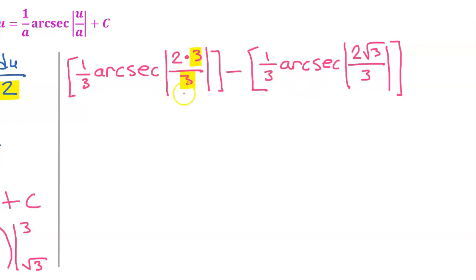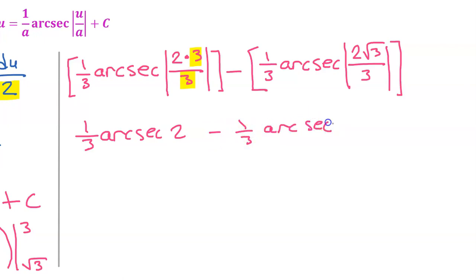So let's keep going. Notice that we have 3 over 3. So these will certainly cancel each other out. So from that, we have 1/3 arcsecant of 2. Also, we no longer need the absolute value. This is a positive number, so the absolute value makes no difference. Minus 1/3